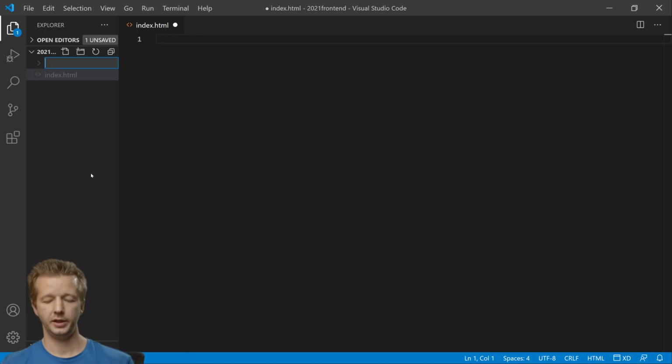Now, before we write anything, we're going to also create a folder. In this folder, we're going to name it CSS. Do we have to create a CSS folder? No, but it's nice to have your files organized. And so we're going to create inside of here, once this is selected, another file, and then we're going to name that